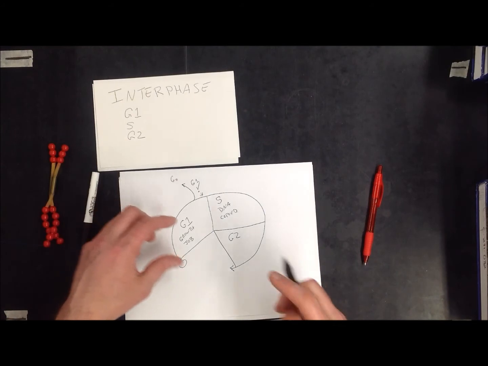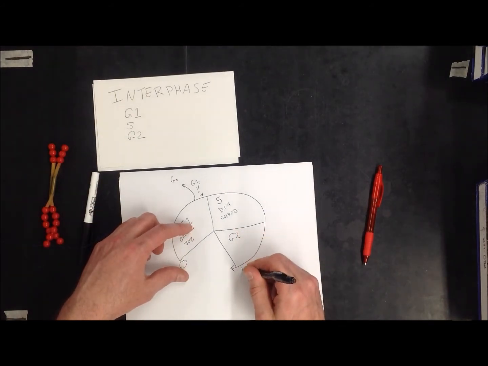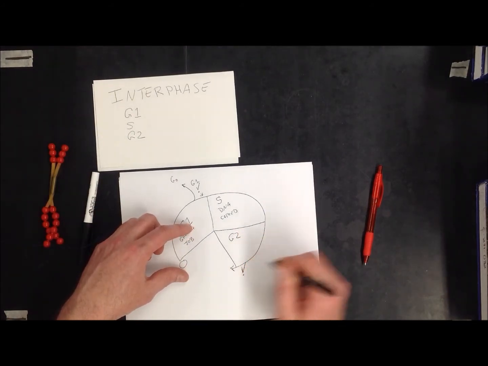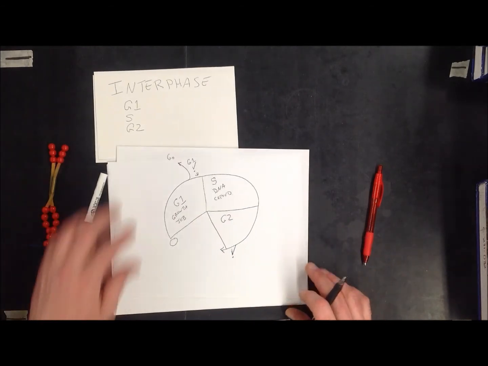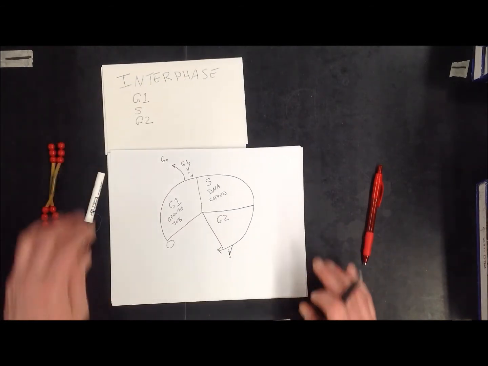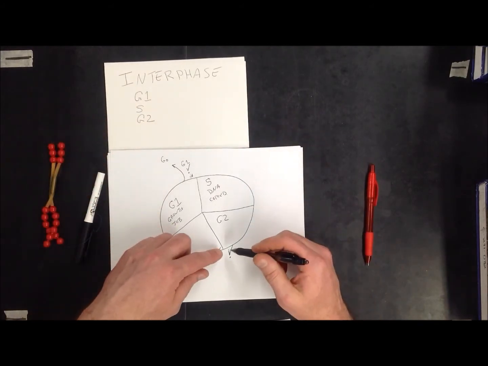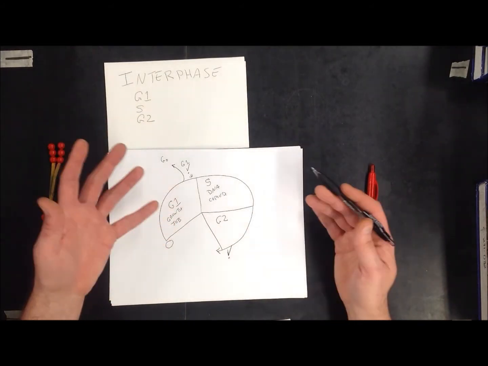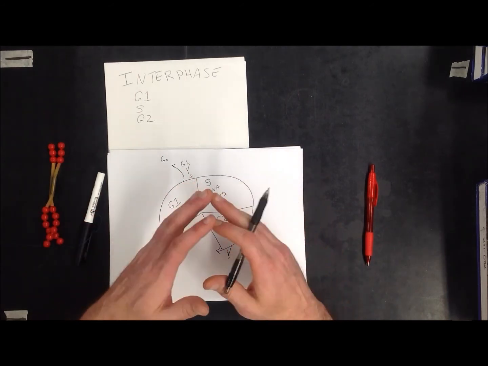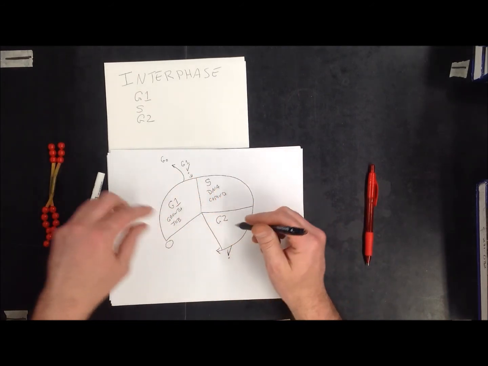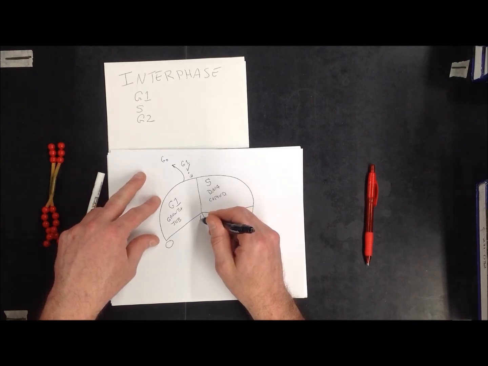Well then, at the end of G2, there's one more checkpoint. Okay, this checkpoint is like what parents do before they ever leave the house. They say, does anybody need to go to the bathroom or anything else? So here they're just saying, is the cell ready to replicate? So they want to check, do they have all enough stuff? Well now, let's say, okay, if it is ready, now what we're going to go into